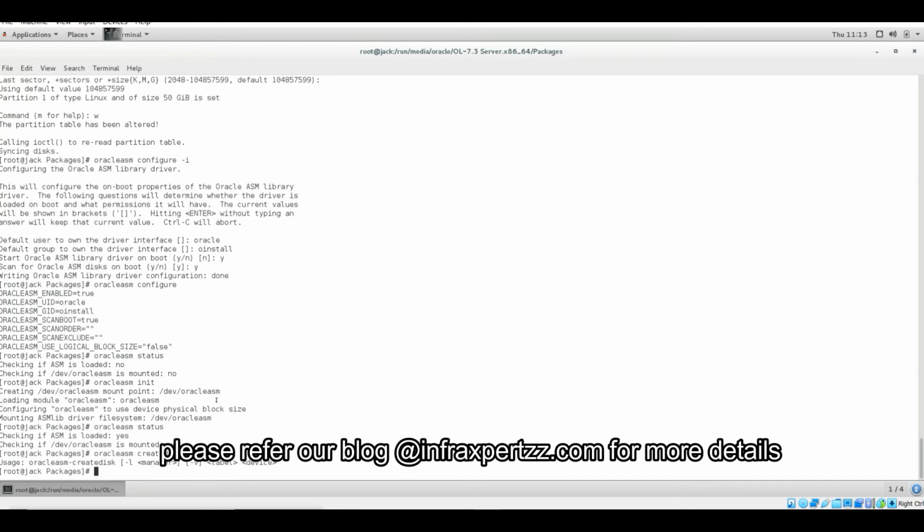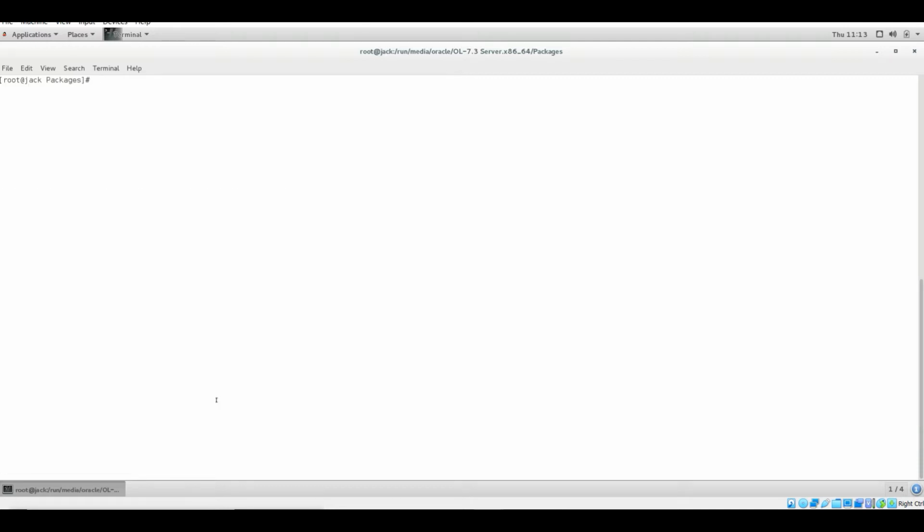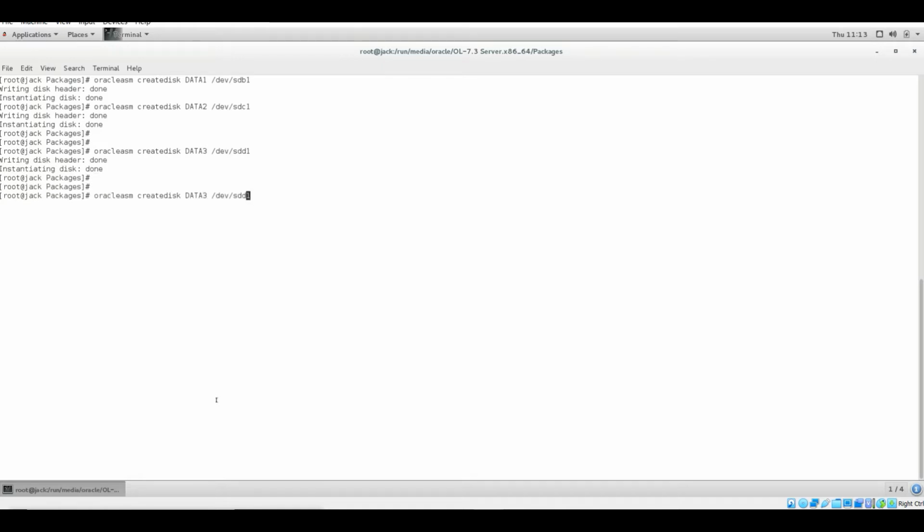/dev/sdb1. My bad. In here I missed to give my disk name, and the disk name, let me take it as data1. So this is created. I need to create the same for the rest of the disks. Data2, data3, and data4.